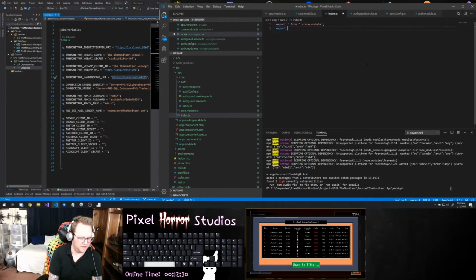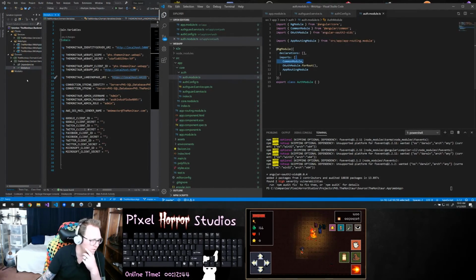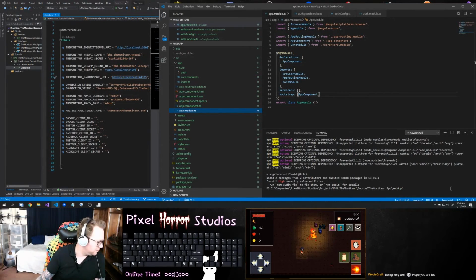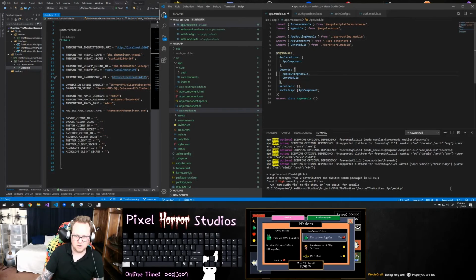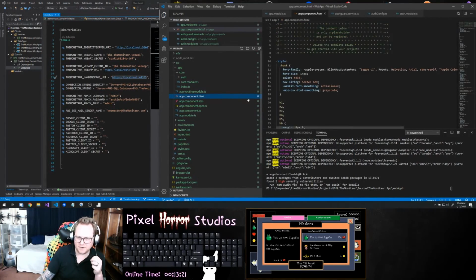And I also want to do an export here from my auth index. Okay? So now that that's done, what that means is in my app module, down here, my imports are going to be my core module, and that's it. No routing module yet. No browser module yet. And in my